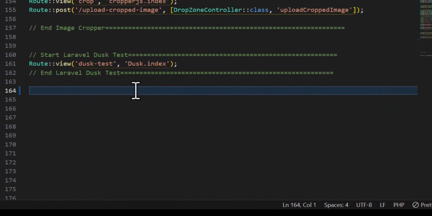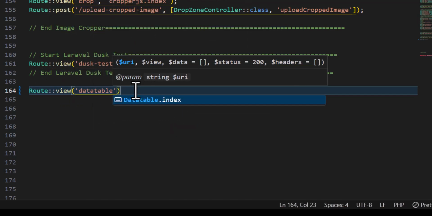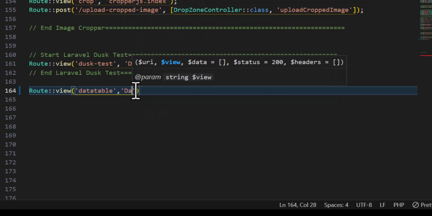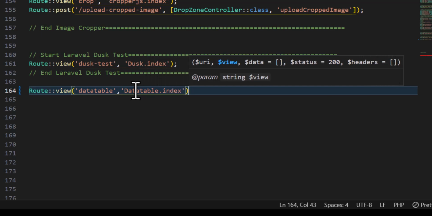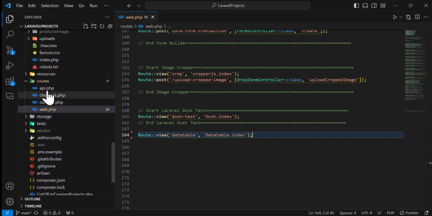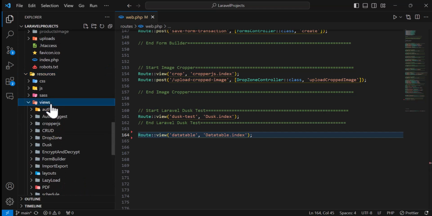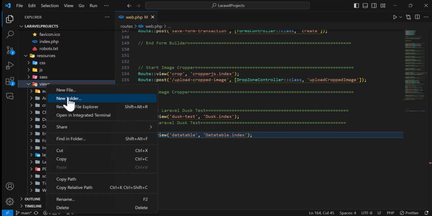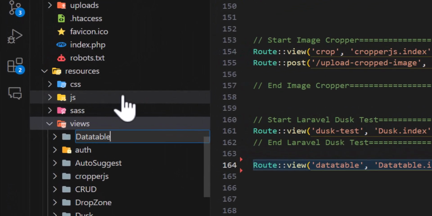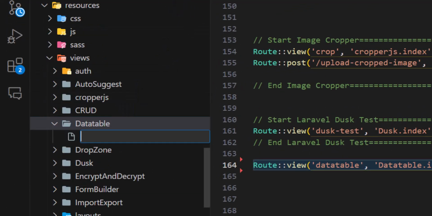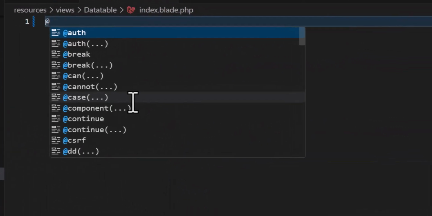web.php, and in here create our first route to display our data table. So for that, I will create a route view datatable, and I will point it to a new view named datatable.index. So let's go and create our new folder in the resources, views, and in here let's create a new folder with the name of datatable, and inside here a new file, index.blade.php,